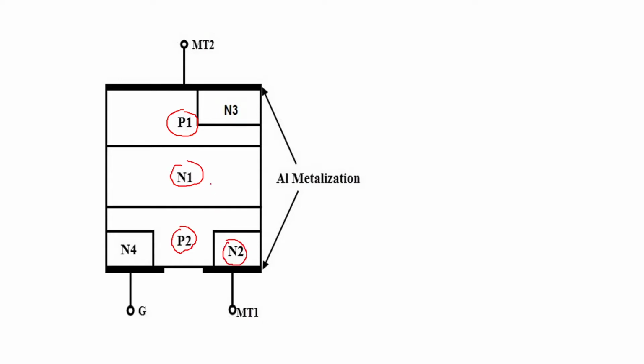This P1, N1, P2, N2 is the flow of current when MT2, main terminal 2, is made positive and MT1 is negative. Then the flow of current will be through layers P1, N1,